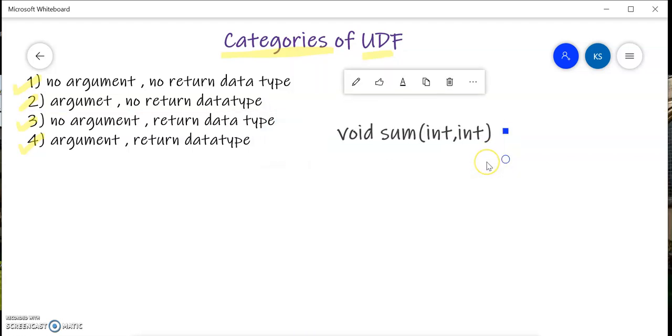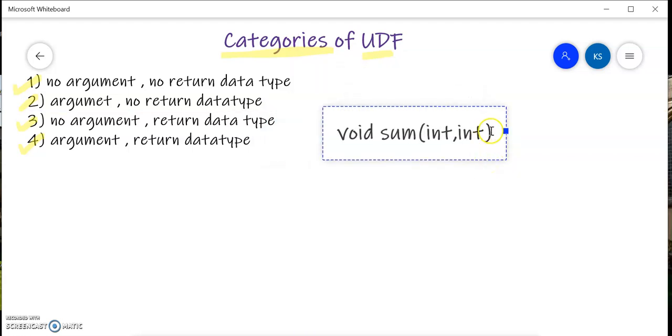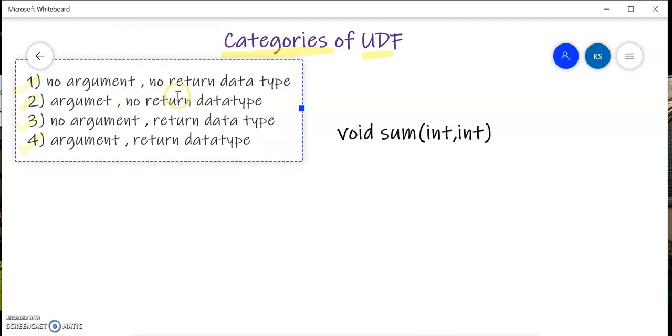So this is our function, and this function is not returning anything, right? And it has arguments, right? No return data type, but argument. This is the category: no return data type but argument.